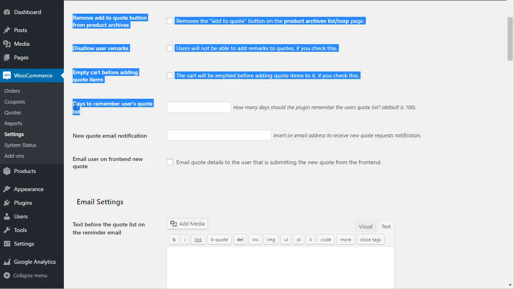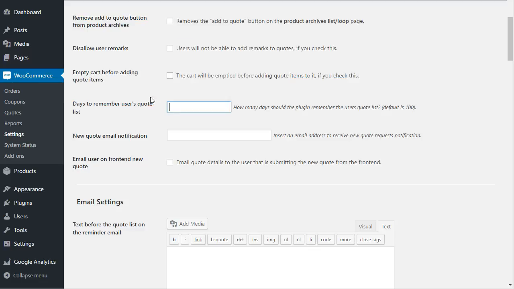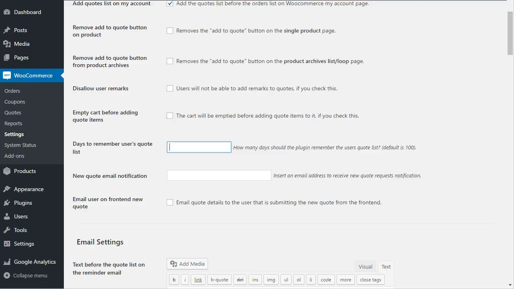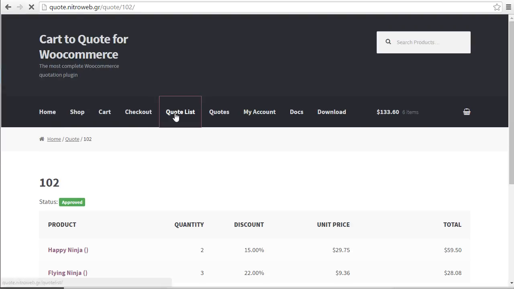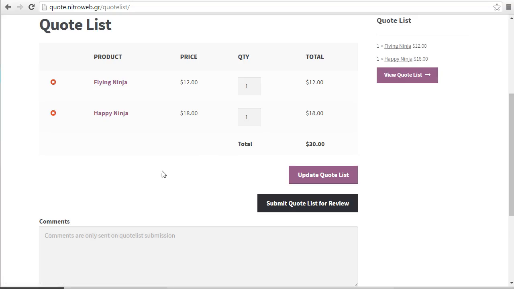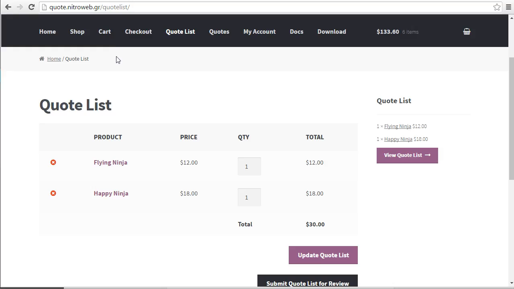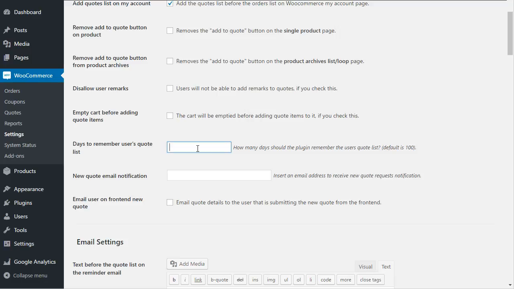Alright, so days to remember user code list. The plugin puts a cookie for the user, so it will remember the code list of the user even if he closes his PC, shuts down his PC, closes any tabs, or leaves your site. The code list will be remembered by your website, your shop. So here you can specify how many days you want your shop to remember its user